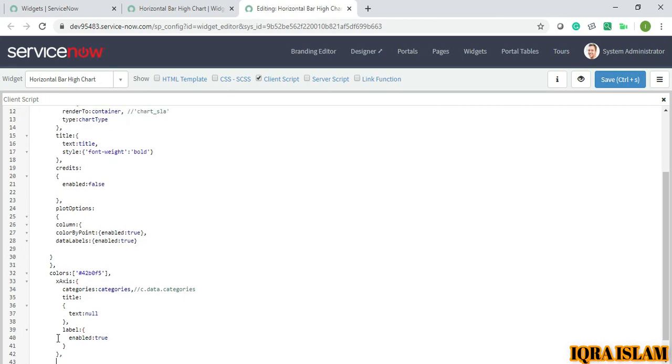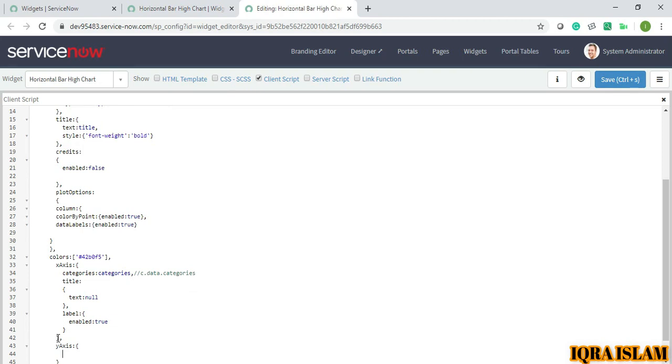Now moving to my y-axis. First min 0. Next is your tick interval. Tick interval means 0, 20, 40, like this, the interval. So I will make it as 20.